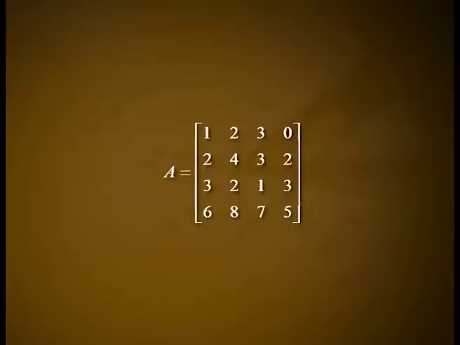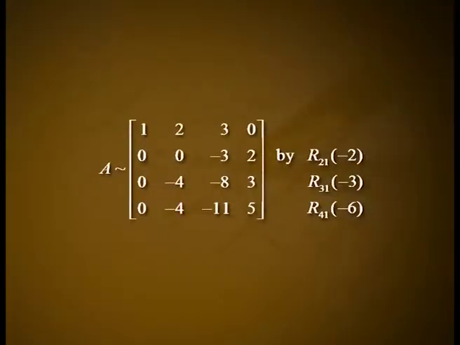Example 9. Find the rank of the following matrix by reducing it into echelon form. Matrix A is equal to [1 2 3 0; 2 4 3 2; 3 2 1 3; 6 8 7 5]. Solution: A is equivalent to [1 2 3 0; 0 0 -3 2; 0 -4 -8 3...